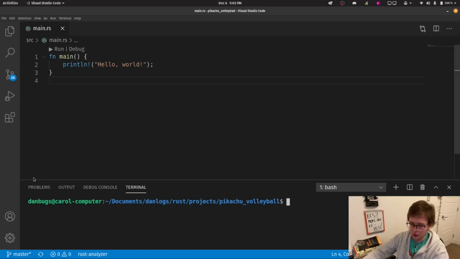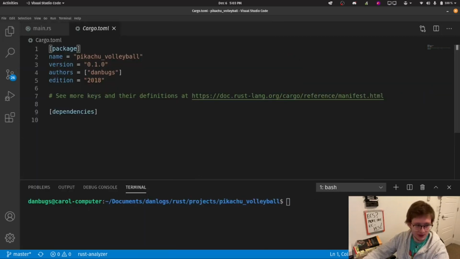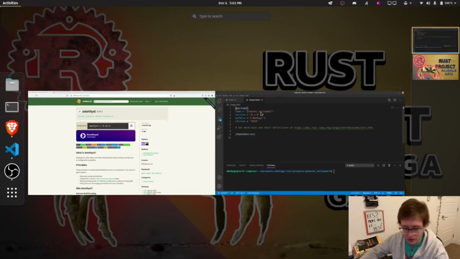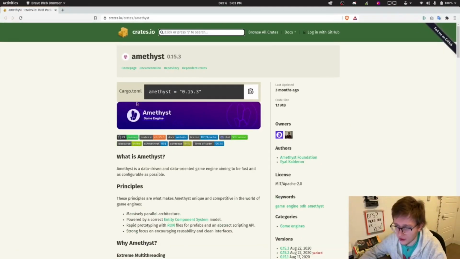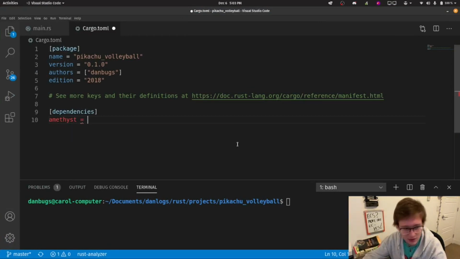Let's go to our Cargo.toml and list Amethyst as a dependency to our project. So I've opened up Amethyst on crates.io, and we can see that the latest version is 0.15.3. So let's come right here, and we'll say amethyst, version equals 0.15.3.